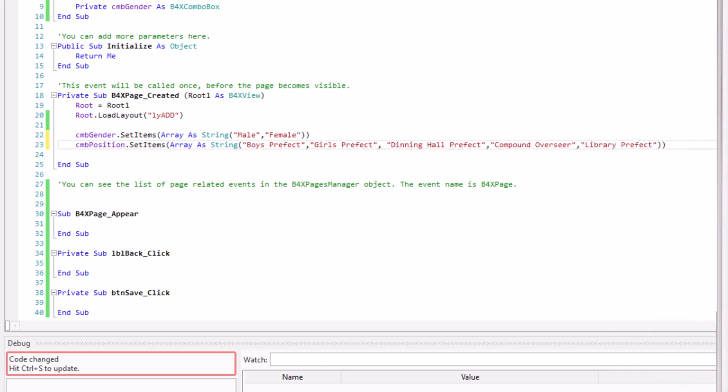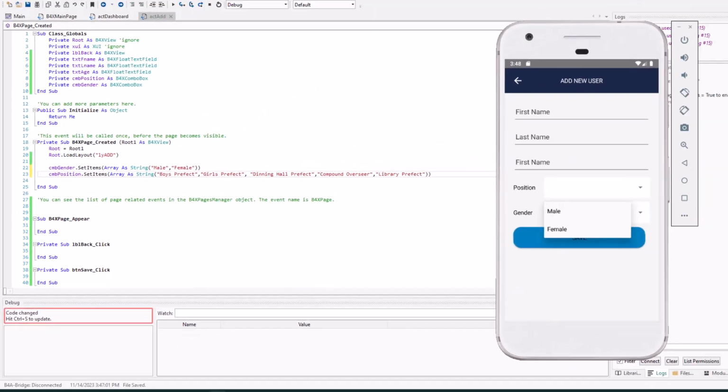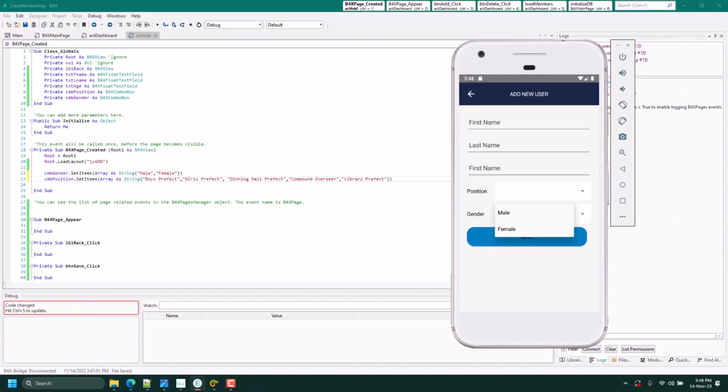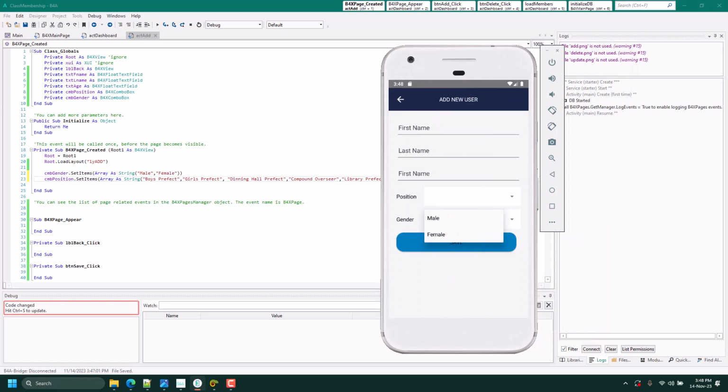You should add some positions to the position place as well.